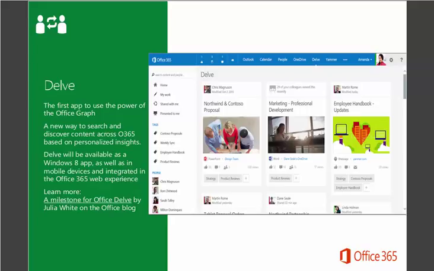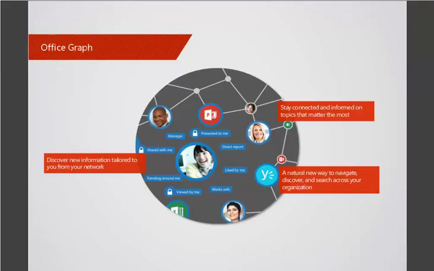Delve is now going to surface the most relevant content to you directly. Instead of you having to go find the content, it's now presented to you without you having to go search for it. And this is all done with what's called the Office Graph. So in the background, Microsoft has this concept called Office Graph, which is a bunch of APIs